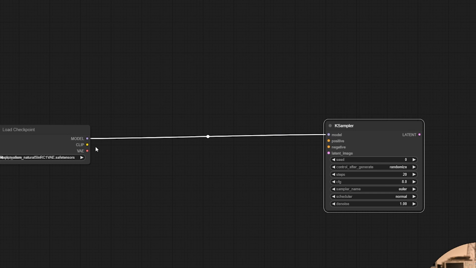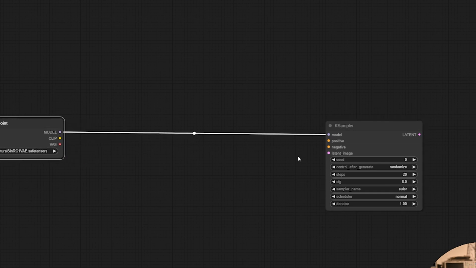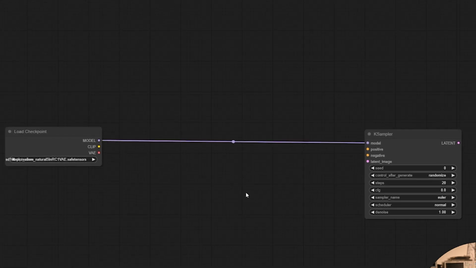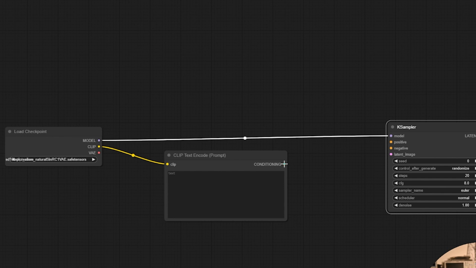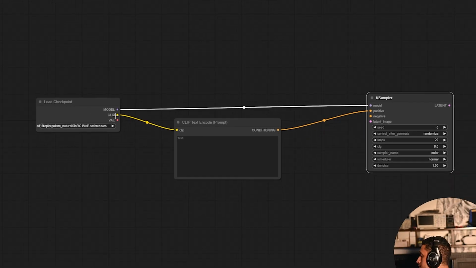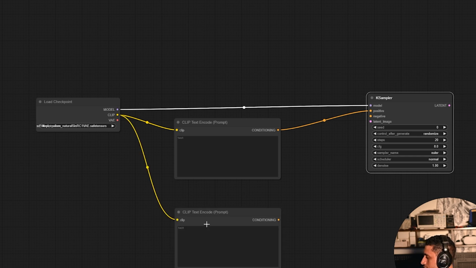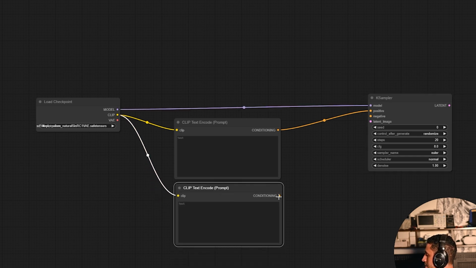The next thing we want to do is we want to be able to prompt. Our K-Sampler just gave us our seed, our steps, our CFG, but how do we write our prompt? So we're going to drag off of clip, and you see clip text encode. We're going to click that, and we see this other area where it says conditioning. We're going to drag that over into our positive box. And now we're going to do the same thing again, where I dragged off there, clip text encode, and again conditioning,